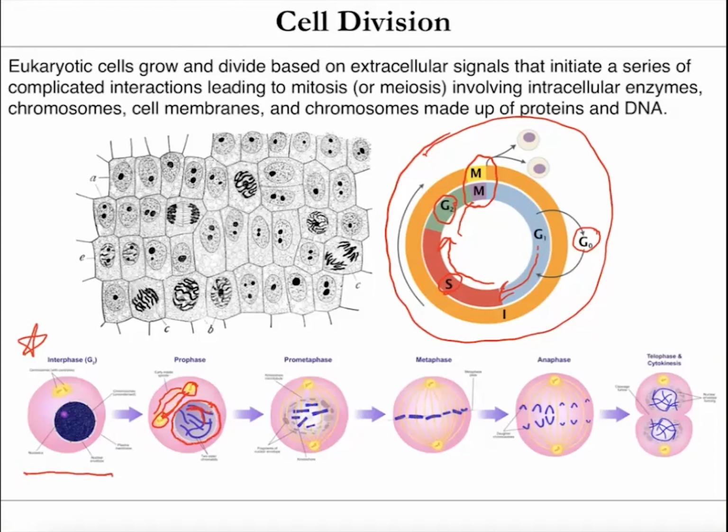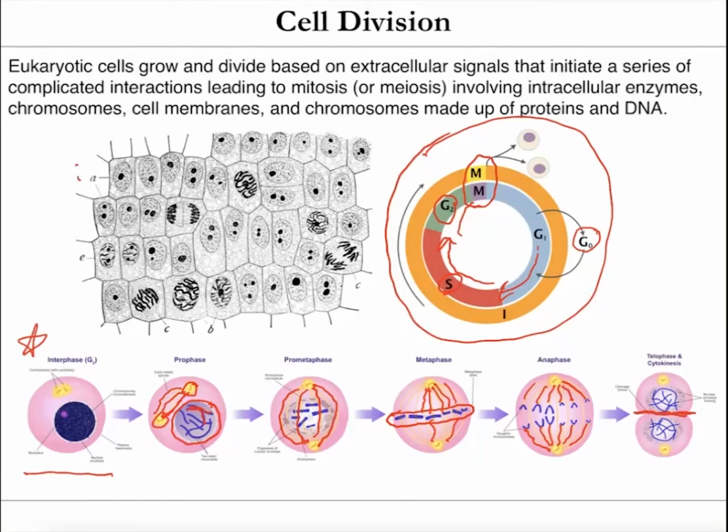Then there's a prometaphase where they sort of line up and you get this spindle going on here with these microtubules. And then those chromosomes will line up in the middle of the cell and be connected to that spindle right there on either side. And then it goes into anaphase, where those spindles actually pull and separate the same chromosomes, so there's two copies in each cell. It'll actually pull those apart. And then the last phase is telophase and cytokinesis, where actually the two different cells will separate.